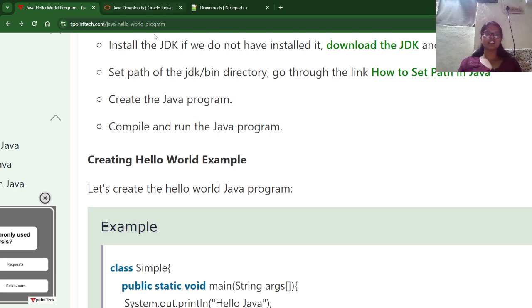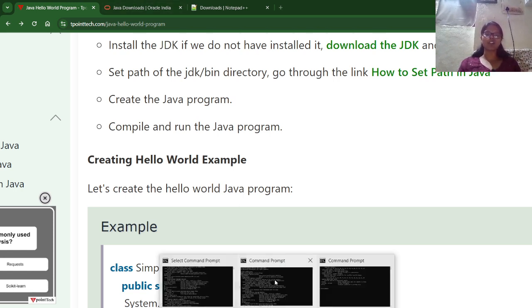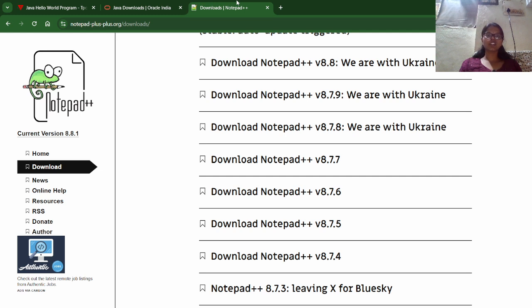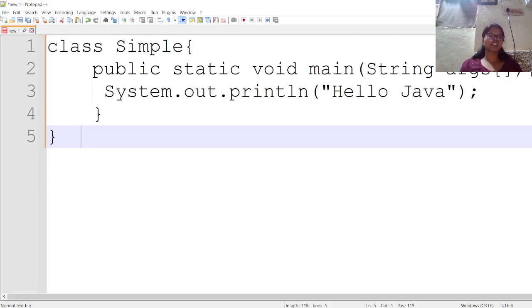So now I installed it successfully, that's why it displays all the libraries here. Now the next step is we need to write the code. To write the code, I am using Notepad++ here. You can write the code in Notepad also, but the difference between Notepad and Notepad++ is that in Notepad there is no line indication, and in Notepad++ it will display colors for keywords, and it also displays the number of lines we have written. To understand in which line we got an error easily, we can use Notepad++.